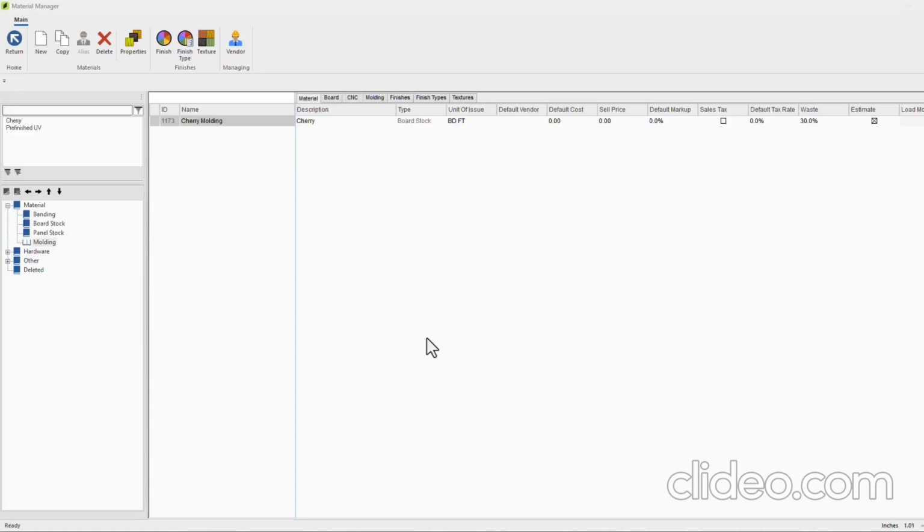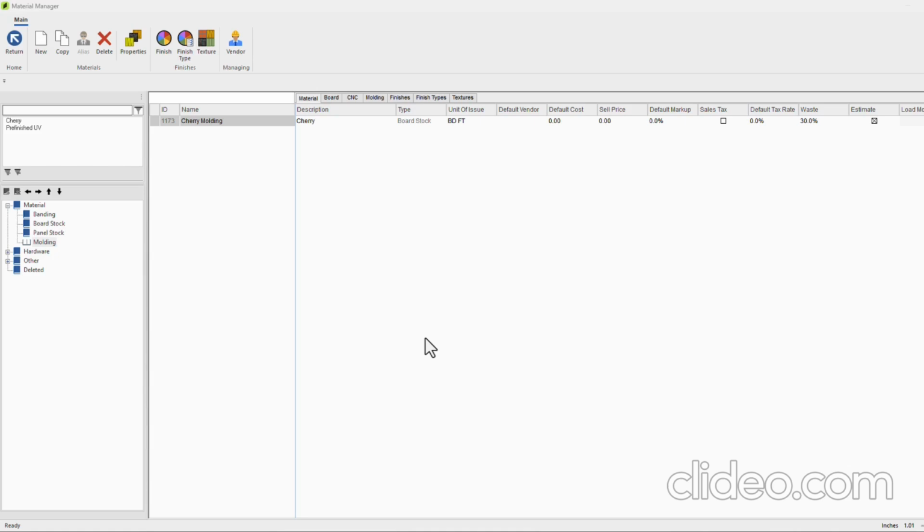Okay, the first thing I want to discuss in this moding section is the difference between what I'm going to call the moding manager versus moding materials. If you remember back in the section on designing in Cabinet Vision, I showed you the easy way, which I'm referring to as the moding manager. In this video, I'm going to compare that with setting up moding